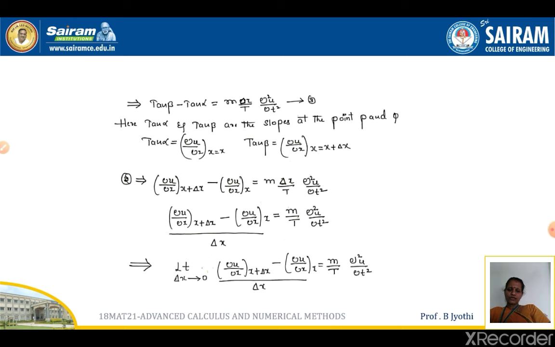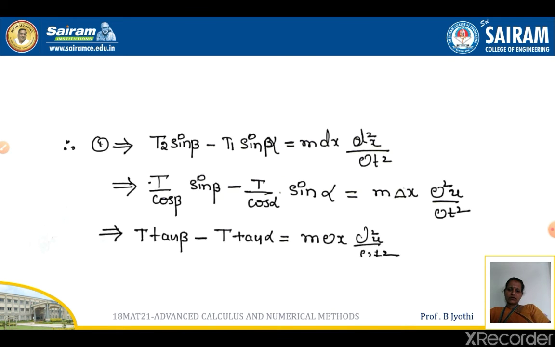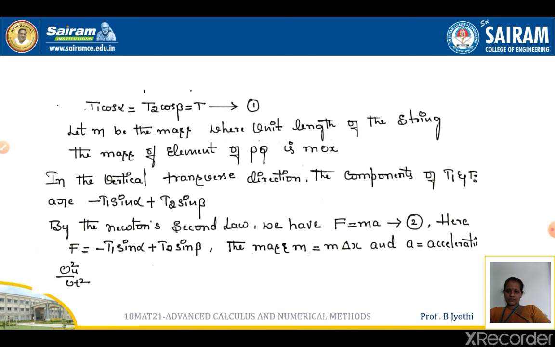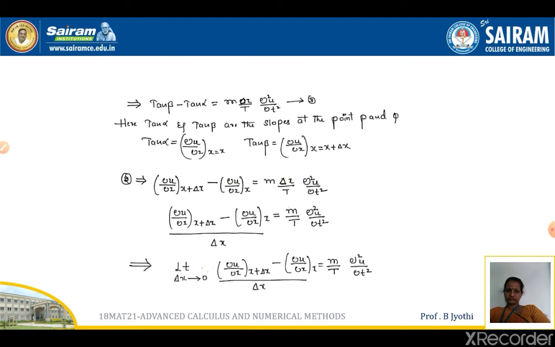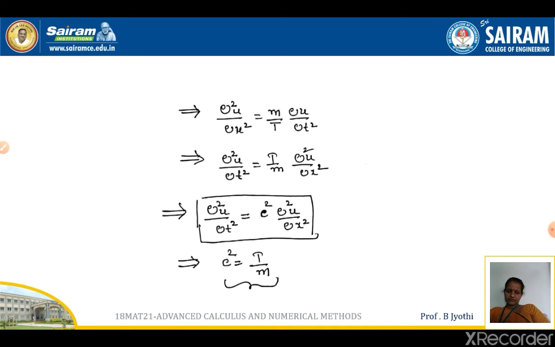We get ∂u/∂x at x plus delta x minus ∂u/∂x at x divided by delta x. That is, by taking the limit as delta x tends to 0, the right hand side remains the same. So what do we get? ∂²u/∂x² is equal to m by T into